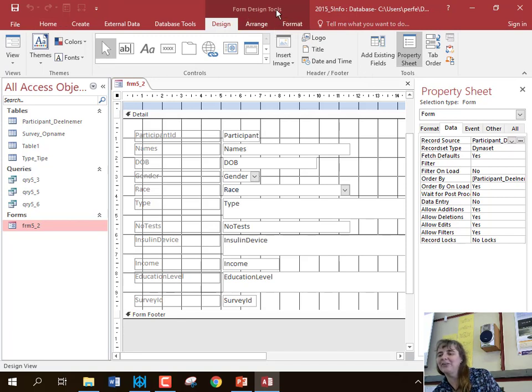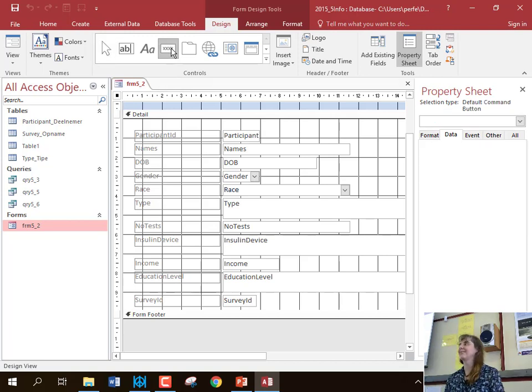I'm in the Form Design Tools ribbon on the Design tab. In the Controls grouping, I will see there's my controls available for me. And then the fourth icon from the left, there's the button. Okay, so I click on the button and then